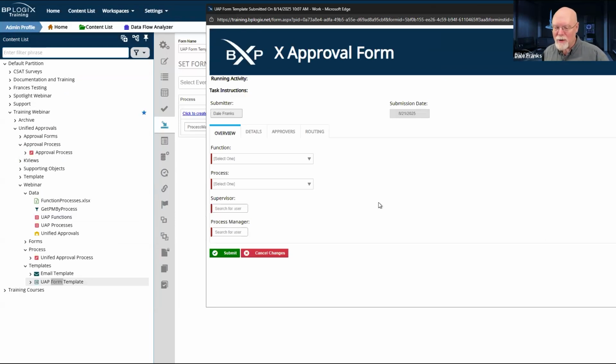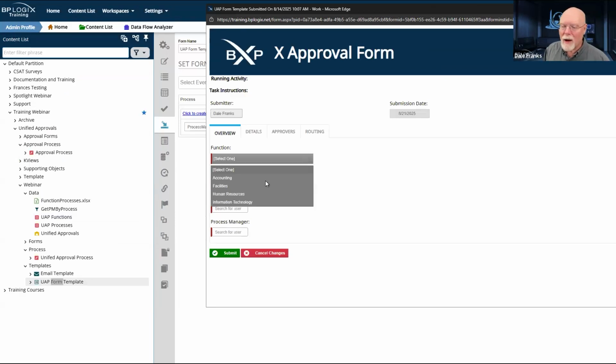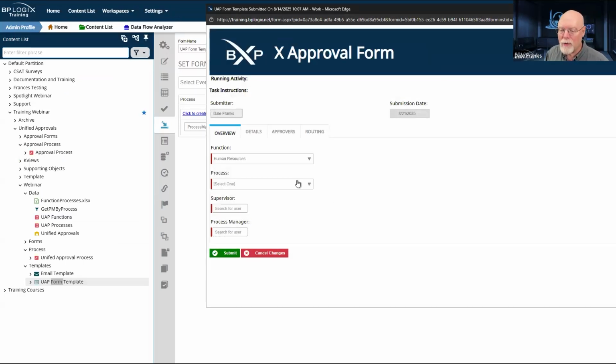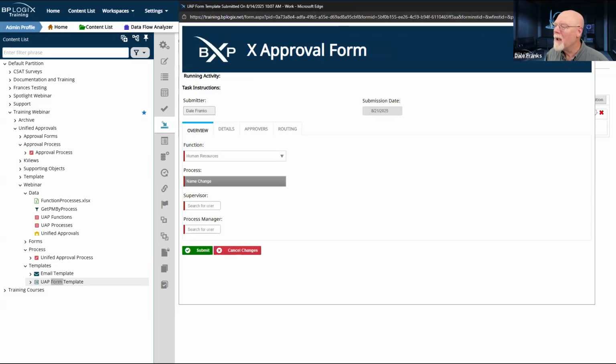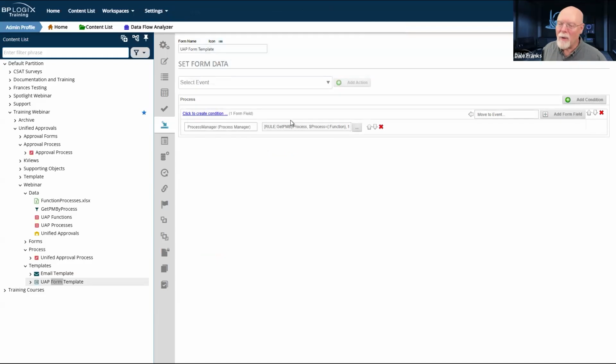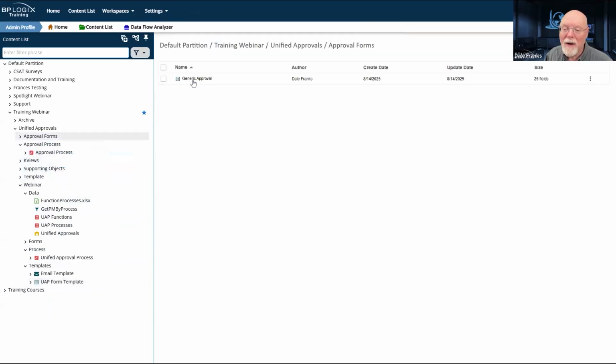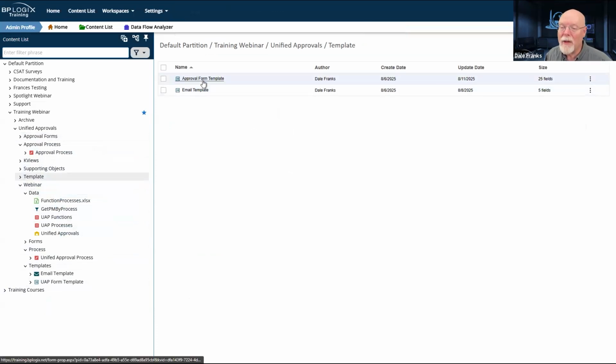Process manager. This is what we're looking at. So let's go with human resources and let's select name change. And it didn't grab my value. Syntax is always a little tricky on here. So let me go ahead and just look at my other form, because happily, I've done all this before.